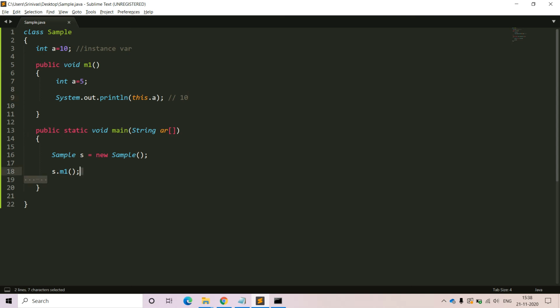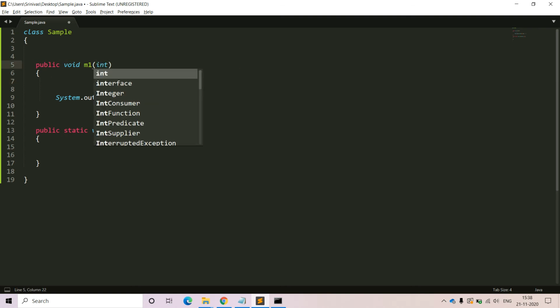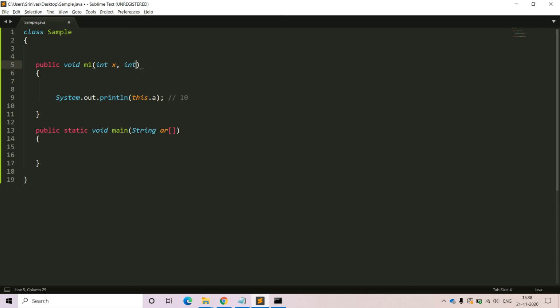And one thing I want to cover here. For example, we have one method. All of you please concentrate carefully. Within that method we have two parameters. Methods have the flexibility to have parameters, int x, int y. These two parameters we can call the arguments of this method, and these are local to this method. They are not at all available outside of this method.